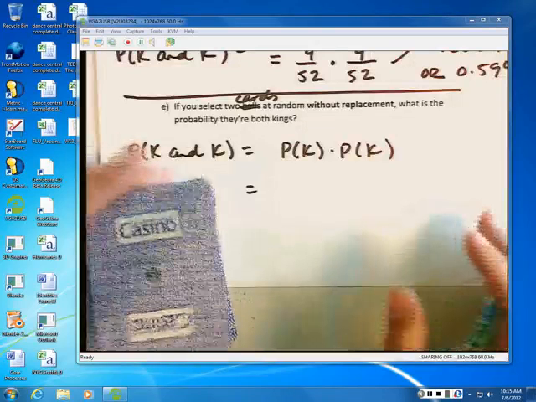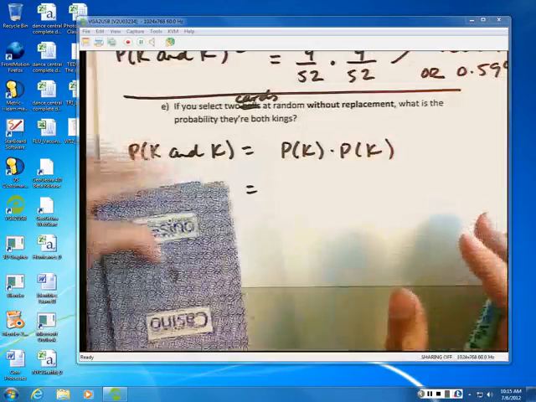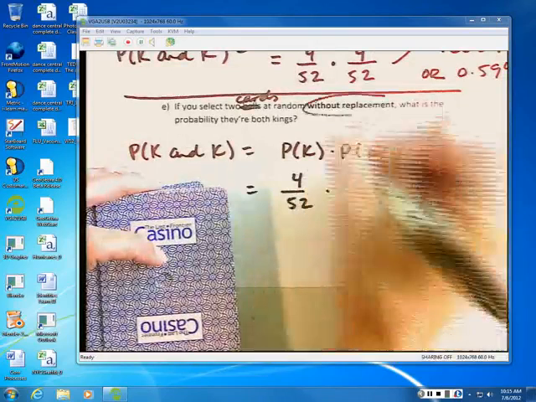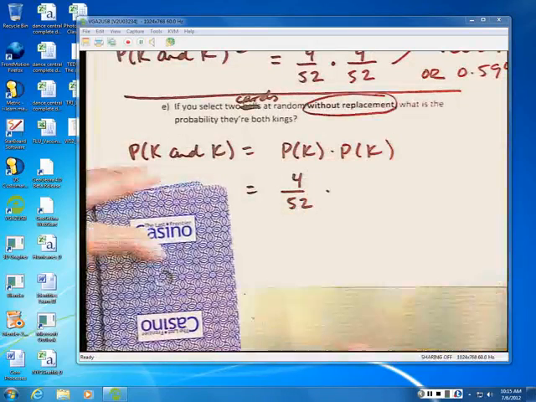And there are 4 kings in here right now because all the cards are there. So there are 4 kings out of 52. But now I'm not going to put that card back. This is a lot more